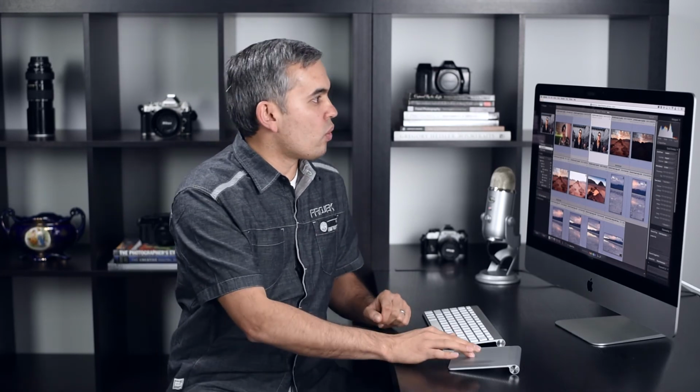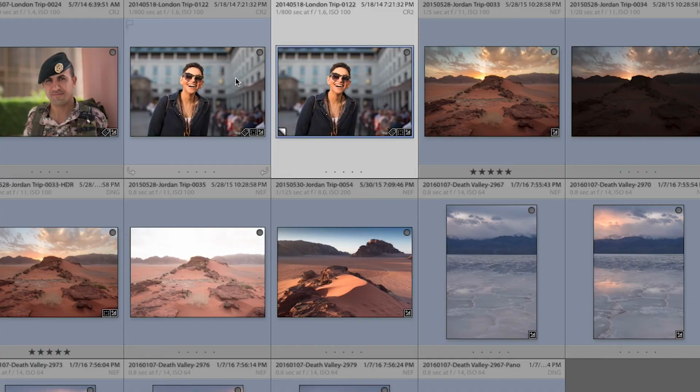And the difference is very drastic compared to something like a file copy operation in your operating system. Because when you do that, you're going to end up with multiple duplicate files. In this case, what it's doing is simply creating a reference within the Lightroom database that says, it's the same image, but I'm going to simulate a copy of that exact same image. So everything is referenced back to the original single raw file. And if you look at this new virtual copy, the difference is you're going to see this flip of a page on the side of it, which indicates that it is a virtual copy.